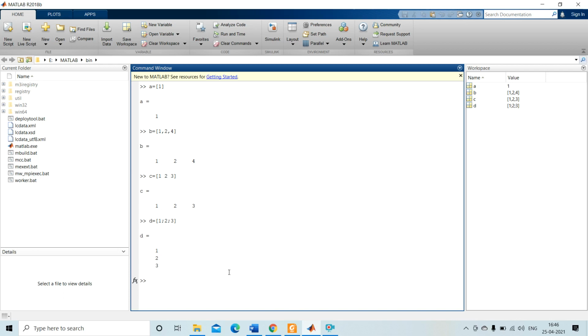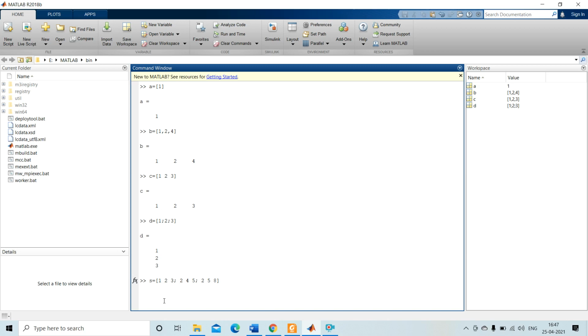Okay, so entering data into a matrix, how do you create a matrix? See, again our new variable s is equal to [1 space 2 space 3 semicolon 2 space 4 space 5 semicolon 2 space 5 space 8]. By giving space we can create columns, and by giving semicolon we can create rows.